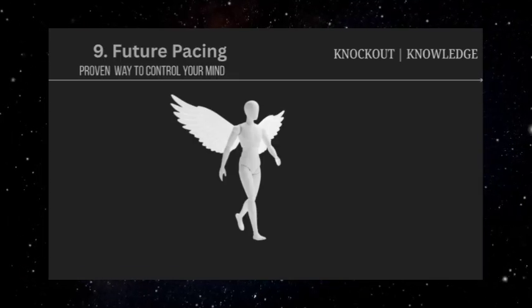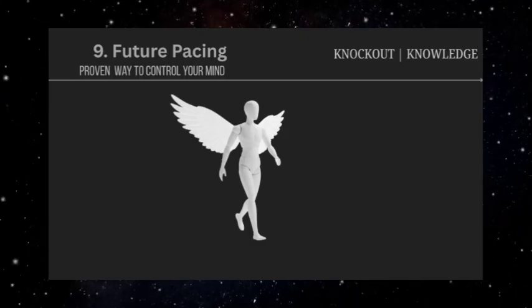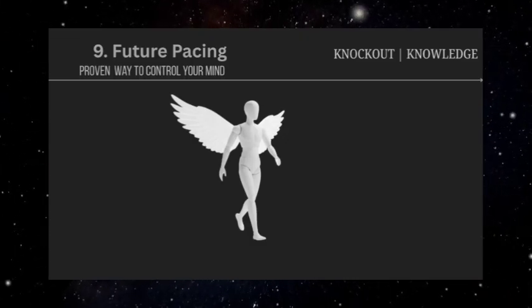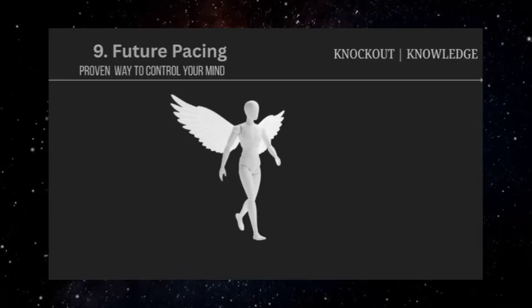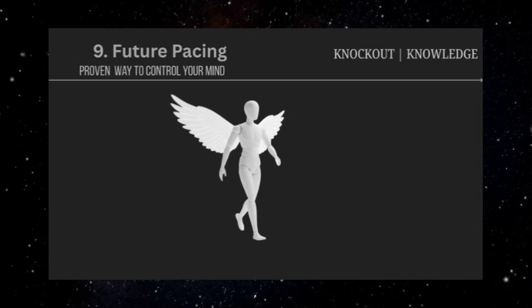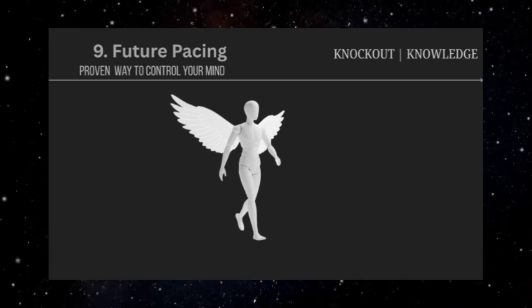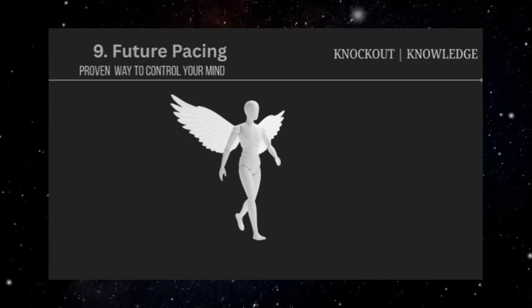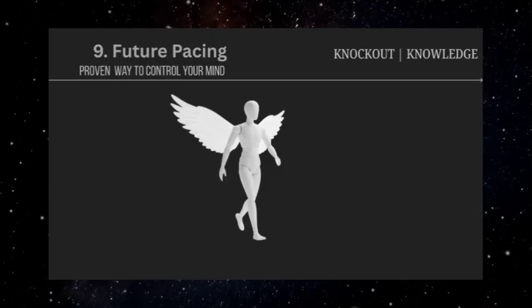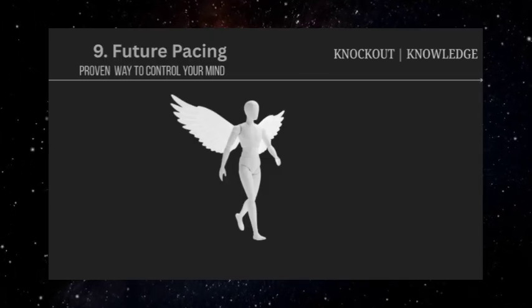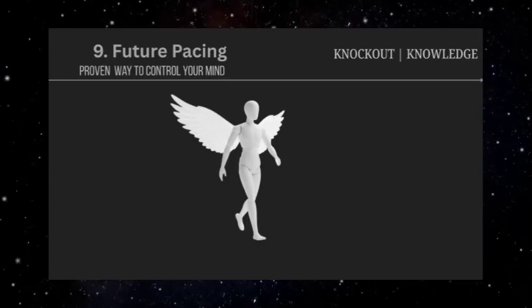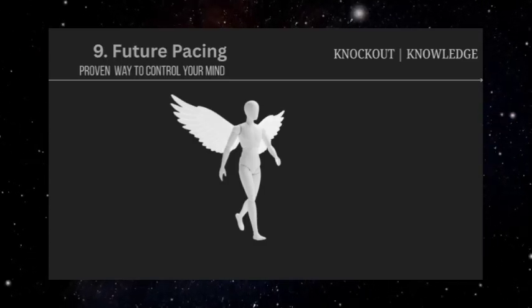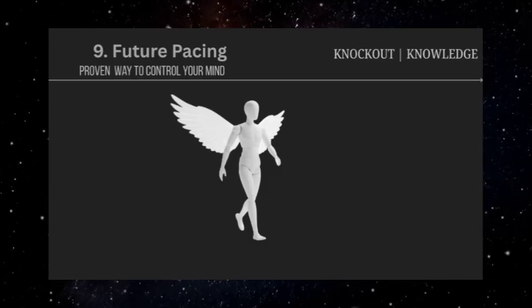Athletes use this principle positively when they visualize successful performances, but in manipulation, it's used to guide people toward decisions that benefit the manipulator. Future pacing often begins with phrases like, "Imagine how you'll feel when," or "Picture yourself 6 months from now after you've." The manipulator then guides the target through a detailed mental scenario that assumes they've already made the desired choice and are experiencing positive results. This creates emotional investment in an outcome that hasn't happened yet and may not even be realistic.